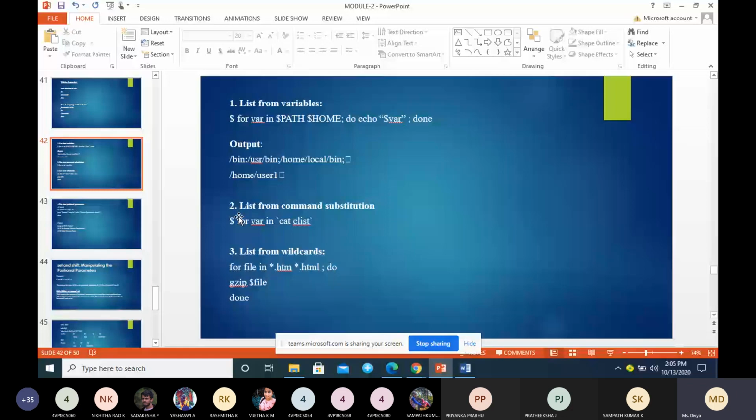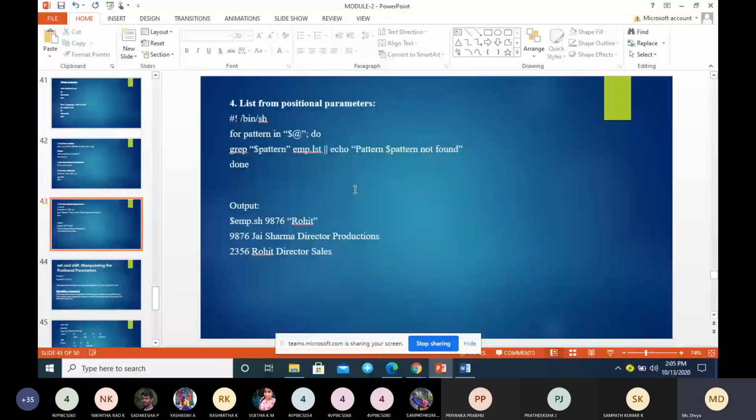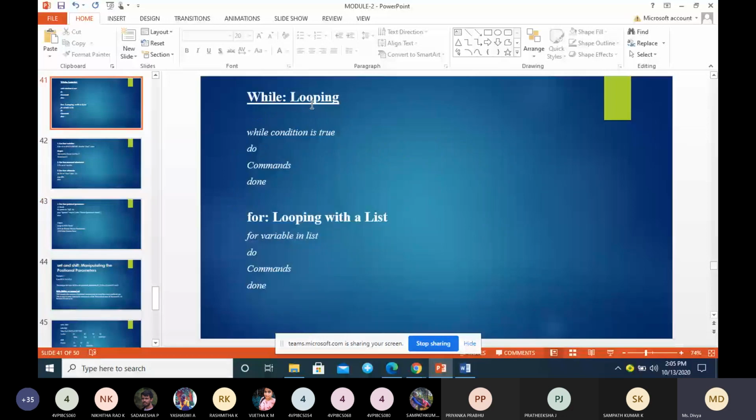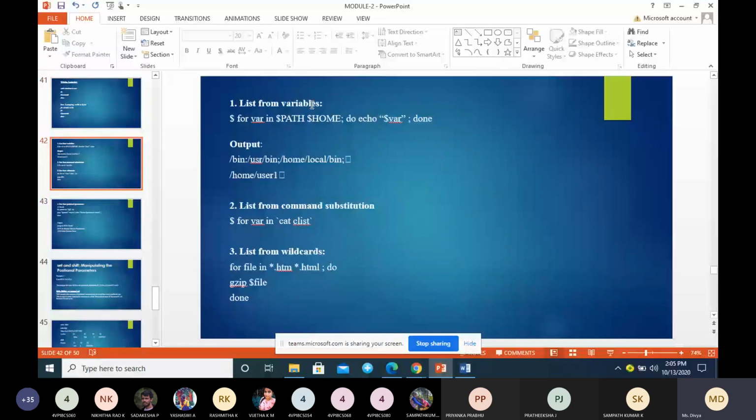The list can be a variable. The list can be command substitution. Third, the list can be wild cards. Fourth, the list can also be positional parameters. They may ask in the exam, what are the possible sources of a list in a for loop?